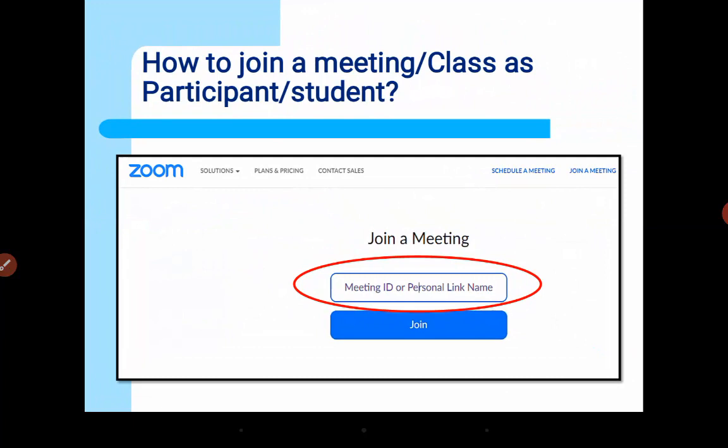All these details will be generated when you click on copy invitation, and that invitation can be sent to all the participants, and it contains all the necessary details that you need to join a meeting. So when you have that invitation, you can just copy down the meeting ID or the personal link or the password, whatever the system asks to enter, and then you can click on join.